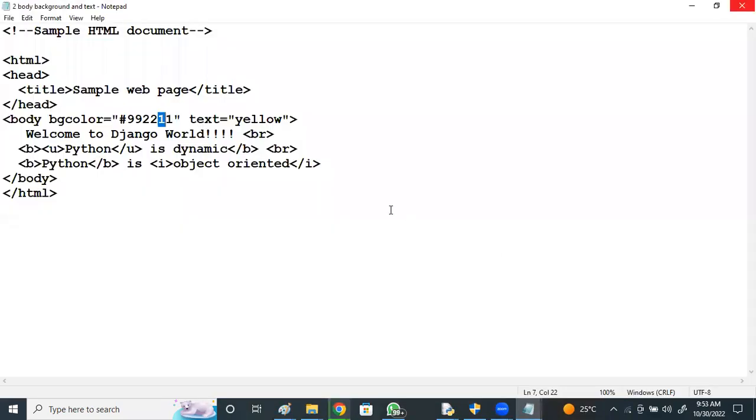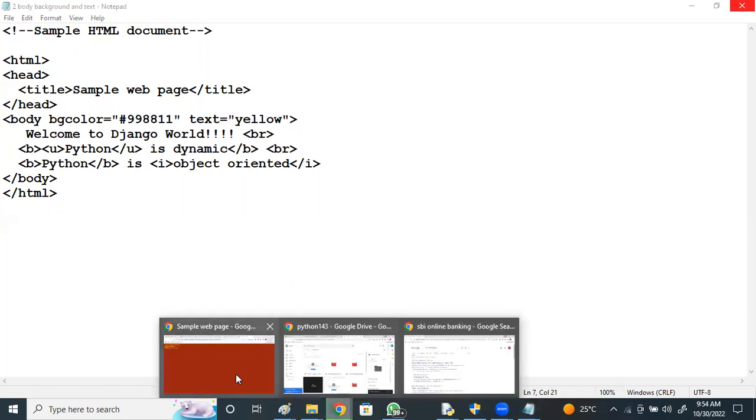If you want to increase the green, if you increase this green to 88, check it once, refresh. It will go like this. Green is increased.